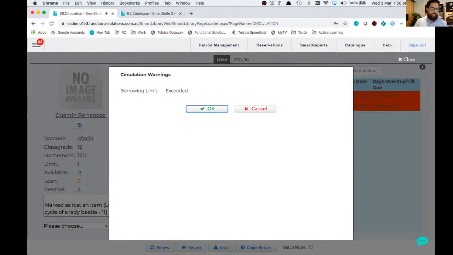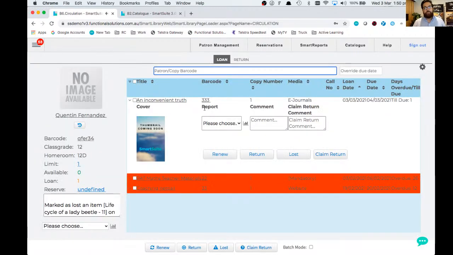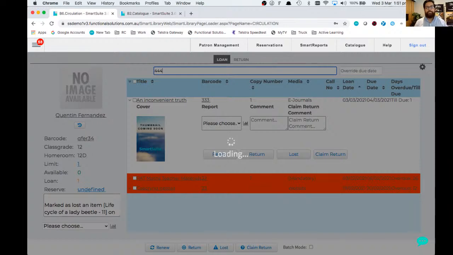If there are any errors, the system is going to produce that pop-up, and as a librarian, we can override it. Now what you can see is I've scanned a barcode, but it has all of this extra information on that book at the top of the screen. We've done this purposefully to help show you which book was the last item circulated against this user. So if I scan another book, we're looking at An Inconvenient Truth. If I scan the next book to this user,